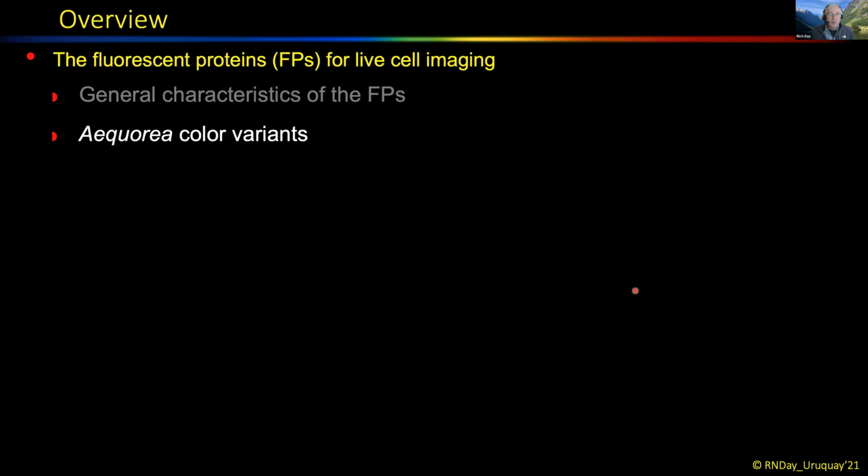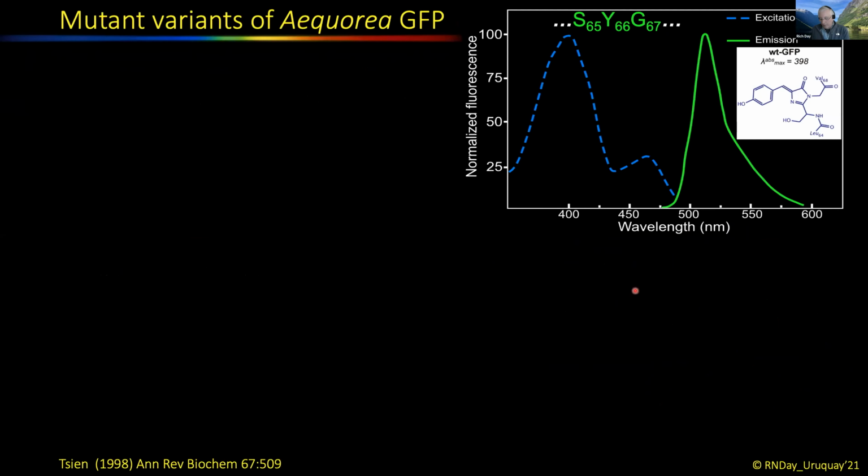So now I'd like to just briefly talk about the Aequorea color variants. This is the spectra for the wild type GFP from the jellyfish, showing that tricyclic chromophore that forms in the middle of the beta barrel. And it had a fairly complex excitation spectra with a peak around 400 and a second peak around 480,